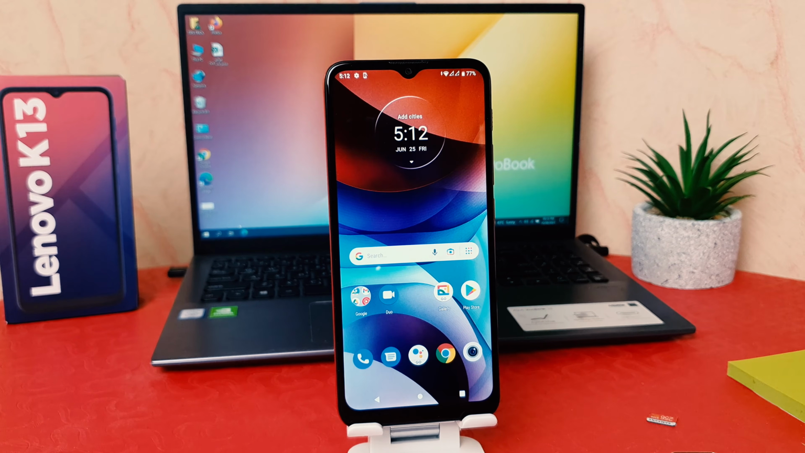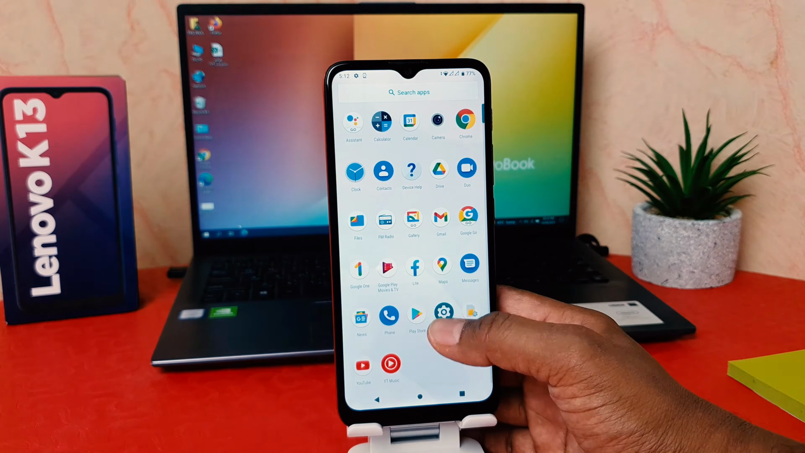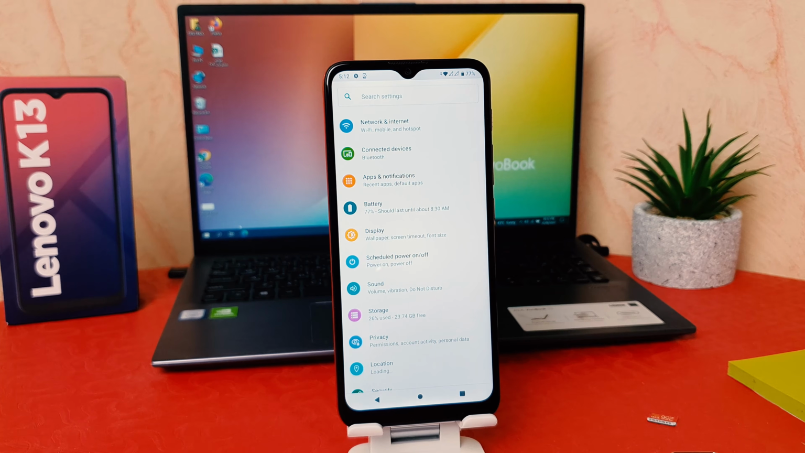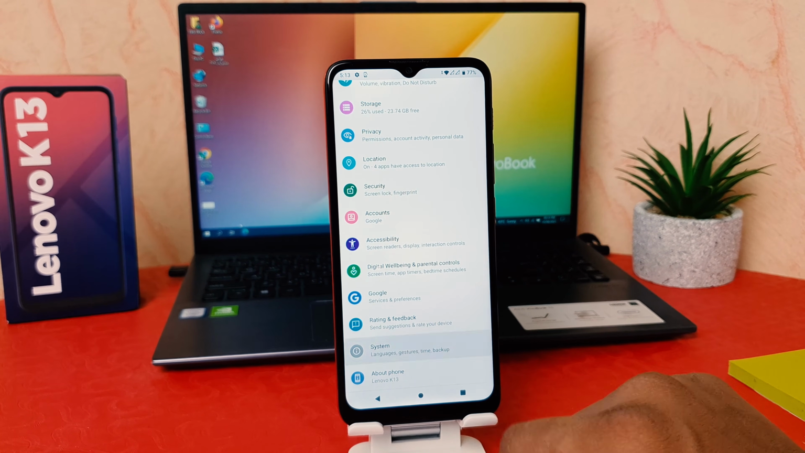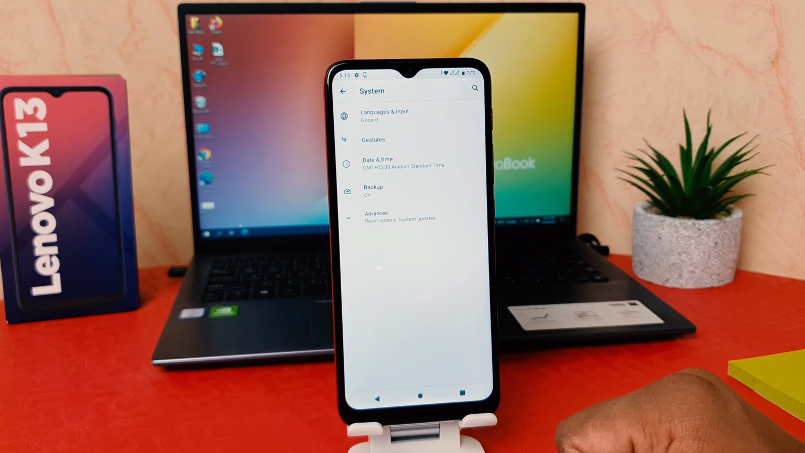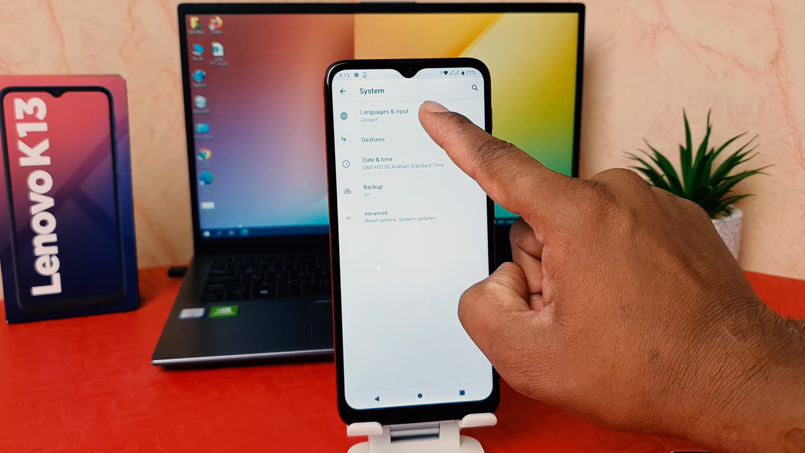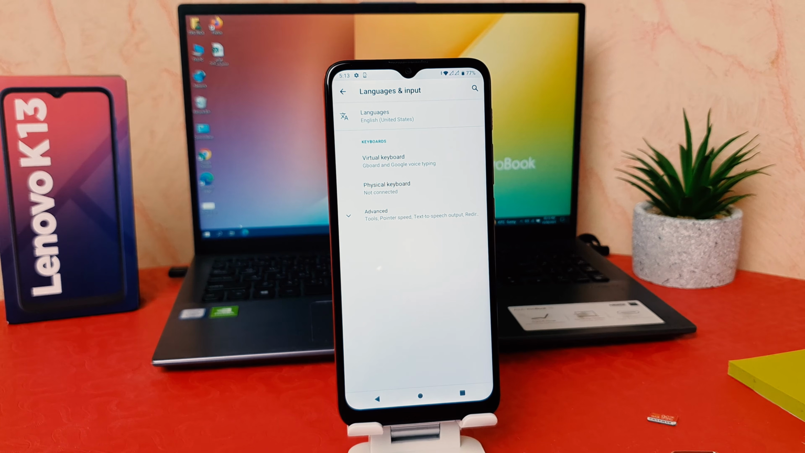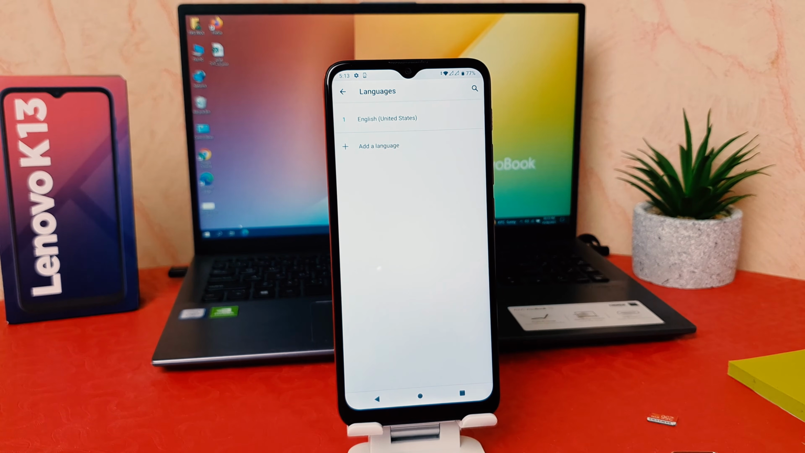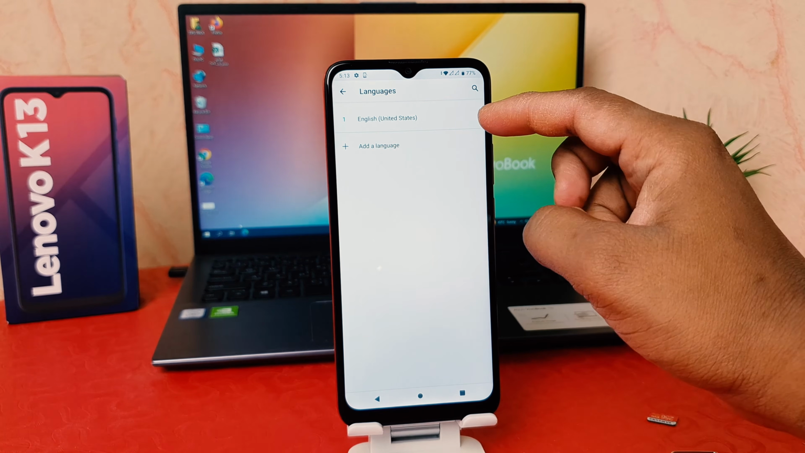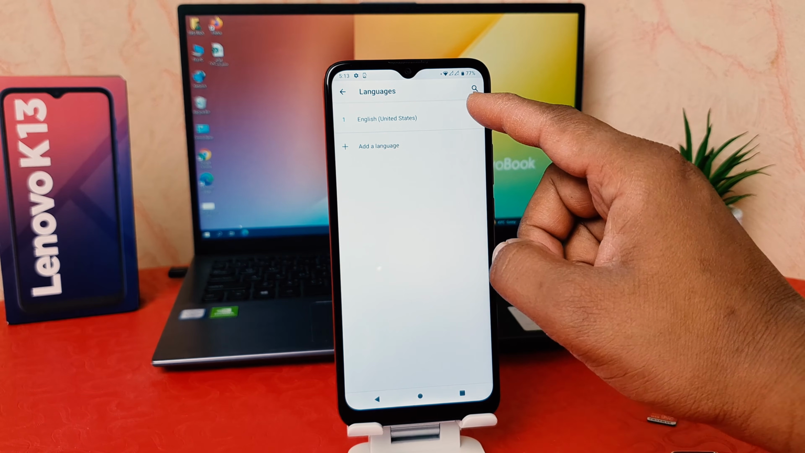So in order to do that, you click on your phone settings section. After clicking on settings, scroll all the way down and you're going to find System. After clicking on System, you need to click on Language and input. After that, you need to click on Languages. After clicking on Languages, you're going to see the installed language up here, the first one,